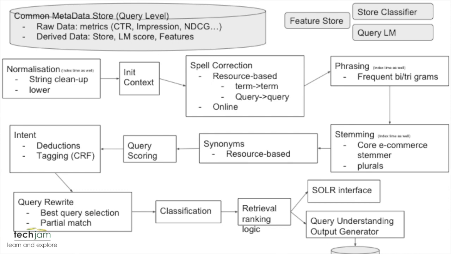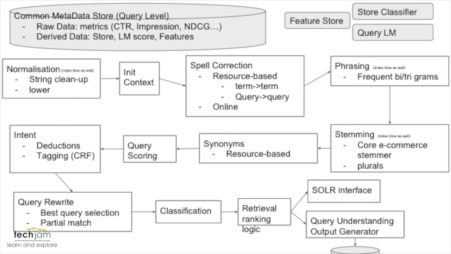From there, you go to the stemming. We do a fairly conservative stemming, just pretty much removing plurals, that too in specific cases, and so on. We have tried a more aggressive stemming, and that has not gone well. So we are fairly conservative with that. Followed by synonymization. And I think the most critical part here is the intent part, what I'm referring to as